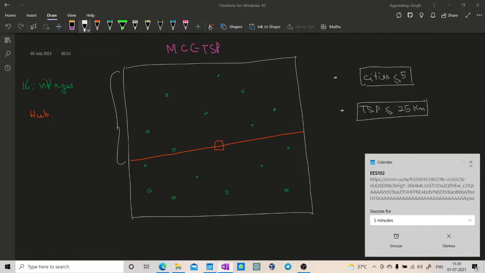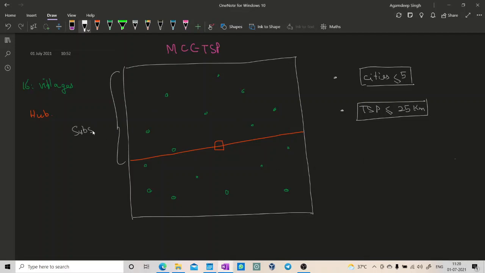So this is subspace 1 and this is subspace 2. Now I treat these individual subspaces as input to the original algorithm with the bigger village space, if the following conditions are not satisfied. First I check if on each side the number of cities is less than 5. We know that is not true. But say the number of cities was allowed to be 17. Then that would be satisfied.